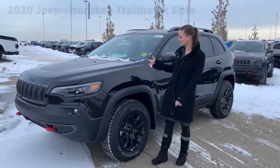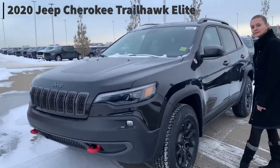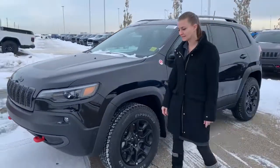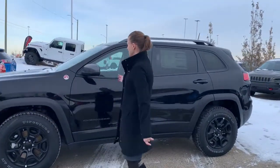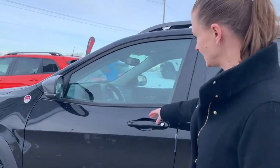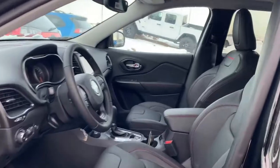I'm in front of a 2020 Jeep Cherokee Trailhawk Elite. This vehicle comes with all of the safety features you could think of. It comes with sensors on the front and the back. It has your blind spot monitoring, lane departure warning, lane keep assist, advanced keyless entry, and of course all your